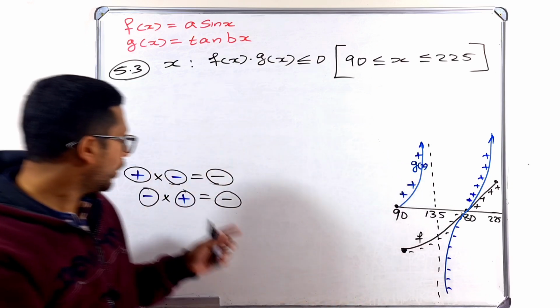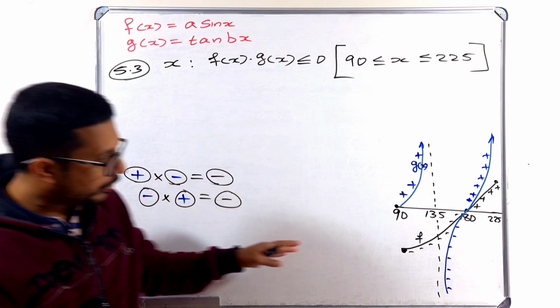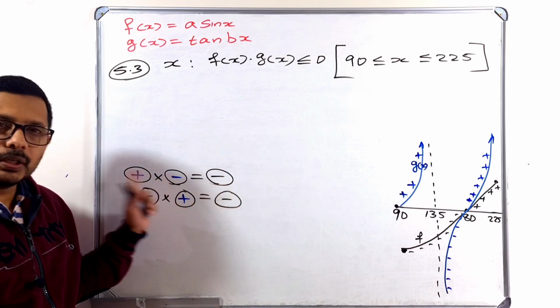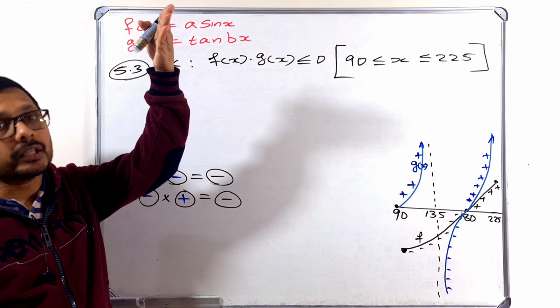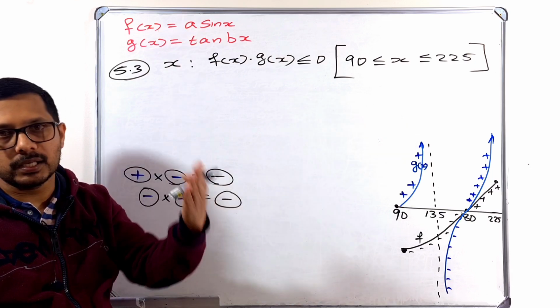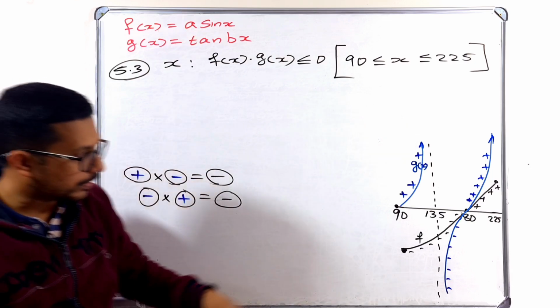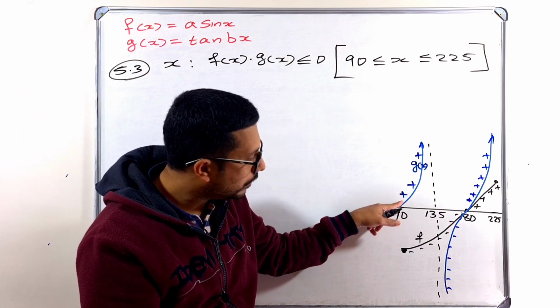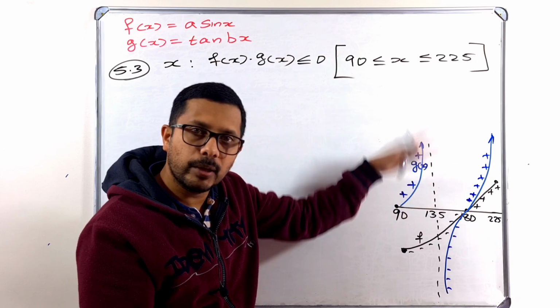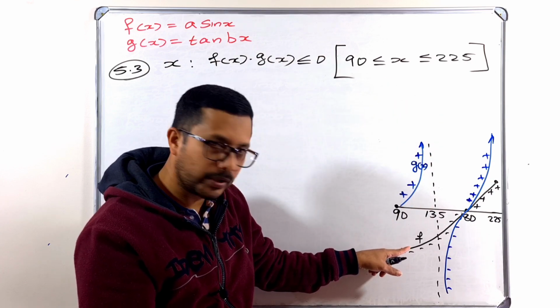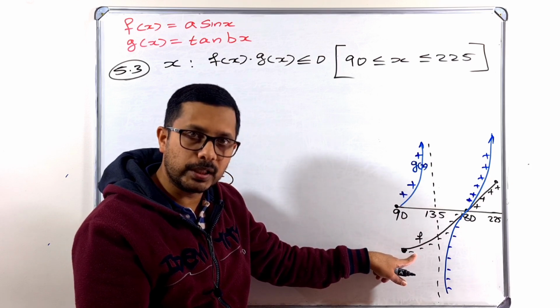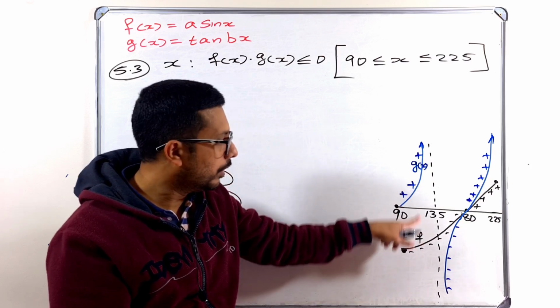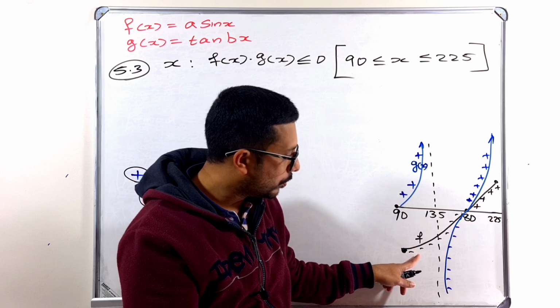Okay, so we want positive and negative. Look at this. We want positive and negative, which means one graph must be above the x-axis and the other graph must be below the x-axis. Look at this: the g of x graph is above the x-axis, and here the f of x graph is below the x-axis. That means positive times negative. That is what we want. Am I right? Here positive times negative, here also positive times